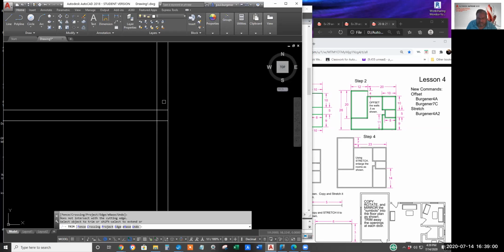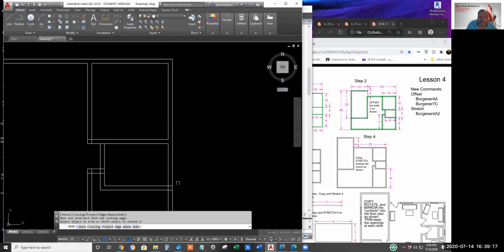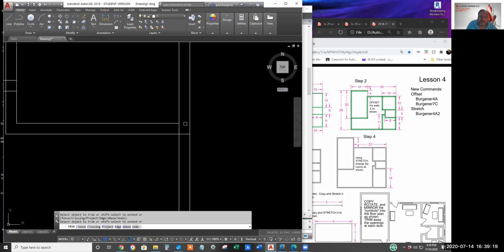By the way, this fence option might be user-friendly here. Yeah, you can invoke the fence option. I tend to simply hit F, enter, and zigzag like this. And that might be a little bit easier than getting a direct hit on them.